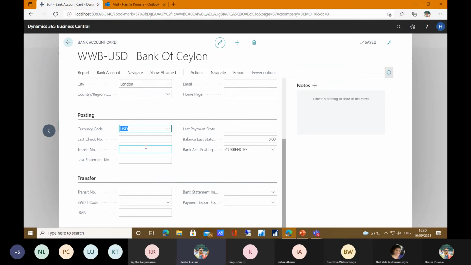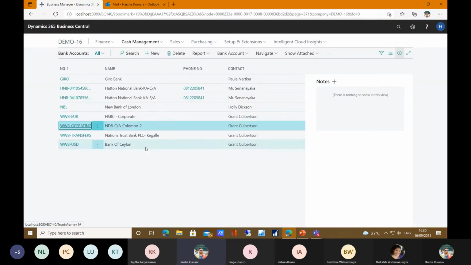You can't post any local transaction using this bank account, and the bank side also controls that. But with your local bank, you can post any transaction type, Euro, USD, or any payment using your local bank account card. And that is also very mandatory.